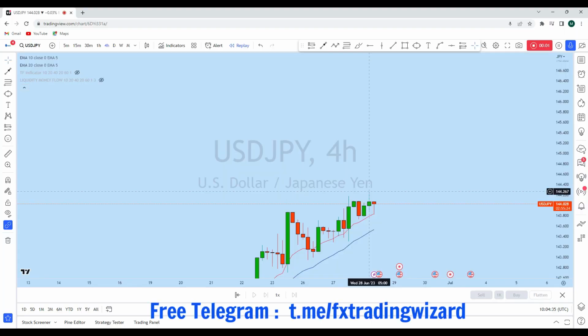Hello trader, I'm going to do a complete multi-time frame analysis on dollar yen. Let's see what kind of trading opportunity we currently have in this instrument. From the lower time frame perspective, we can see the dollar yen is a long-term bullish market and giving a significant trading opportunity. Before we discuss how we can trade, first let's look at the bigger picture,